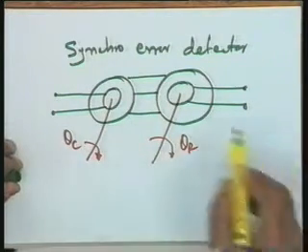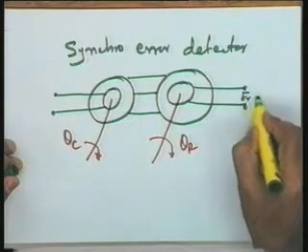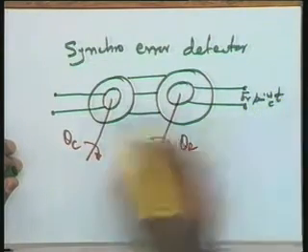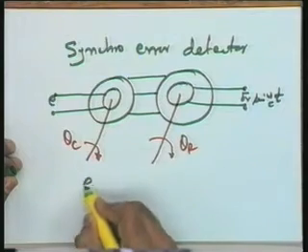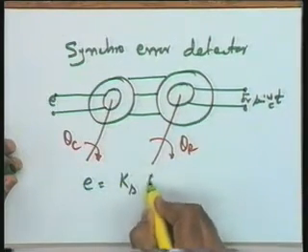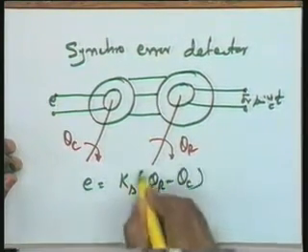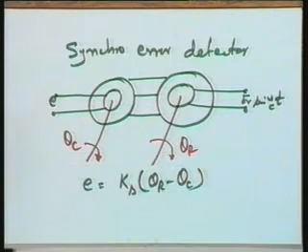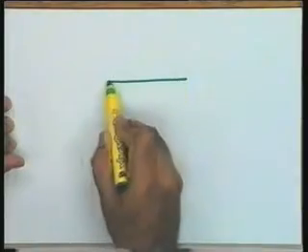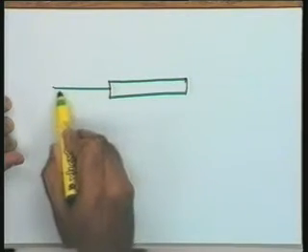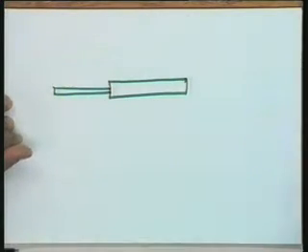And for the mathematical model, this is your Er sin omega ct. This is your E at this particular point. E is equal to Ks (theta r minus theta c) becomes the mathematical model for my system, where the carrier part has been removed and only the envelope part has been taken. Right. Now, since I have taken a rotating device, let me take a linear device also. Since the action is identical, I will quickly give you the mathematical model for this situation.